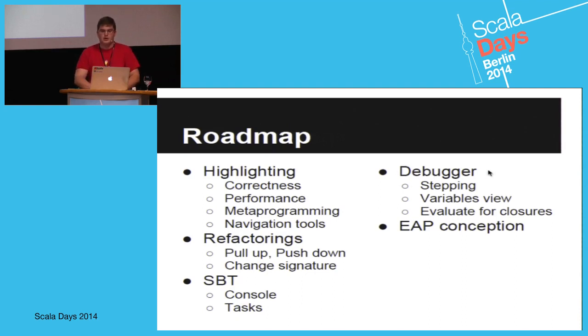An important task is also to improve the debugger. It has a lot of problems, mostly because of the very low-level Java JVM API, with which it's really hard to work. Also, it requires some refactorings in the IntelliJ IDEA architecture to make Scala debugging better. So we are planning this work, and it will not be earlier than IDEA 14 because it requires a lot of changes in the whole architecture.